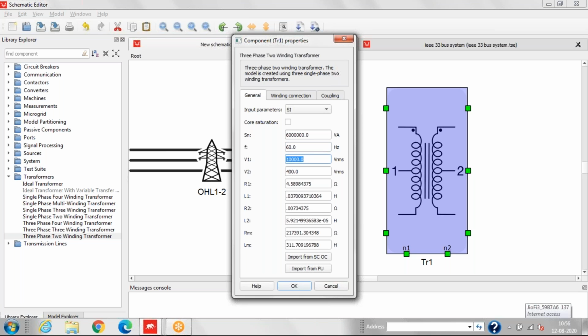And V1 will be, and V2 will be. Similarly, we'll change CAR1, L1 and other parameters.